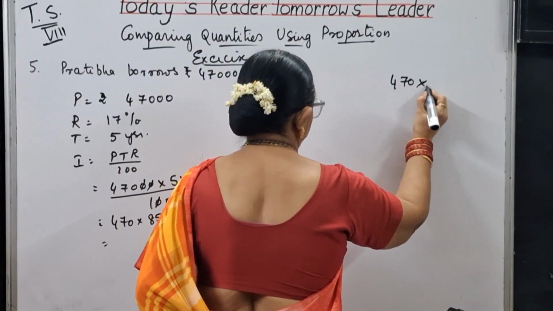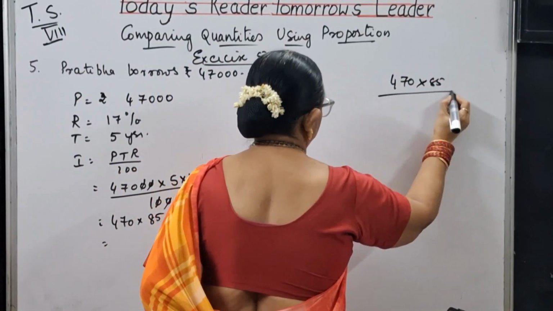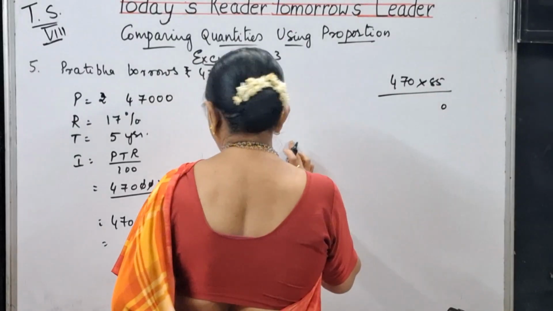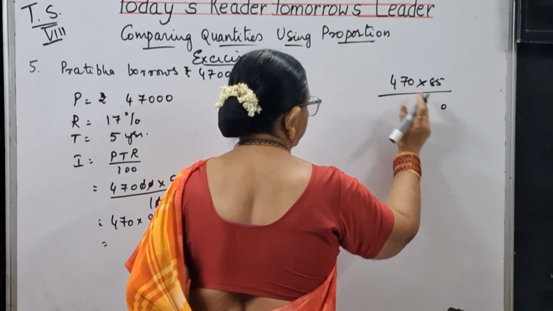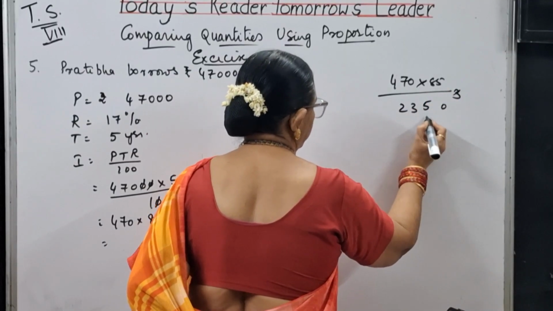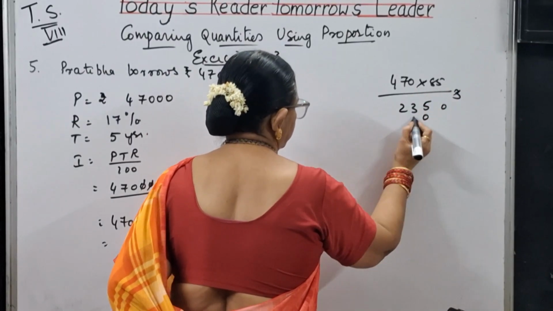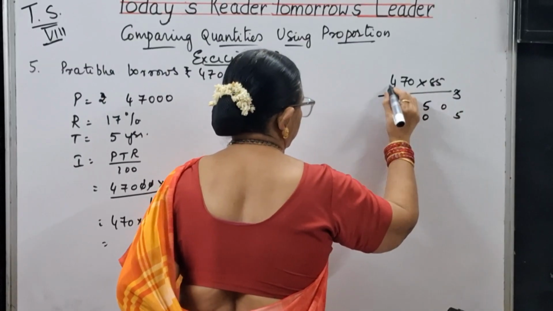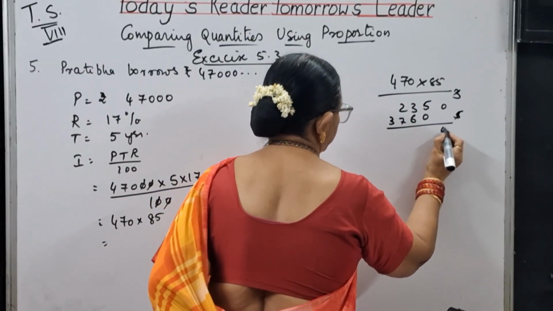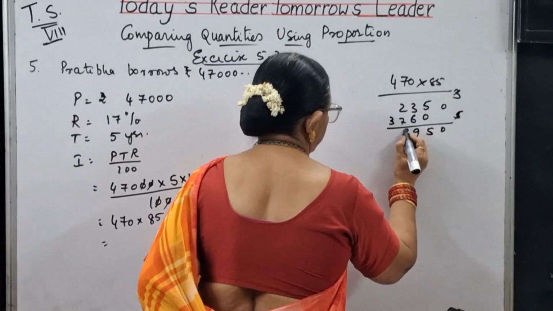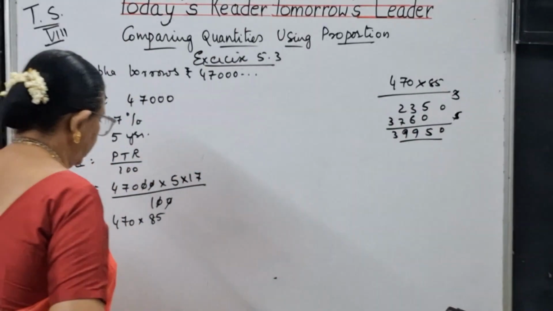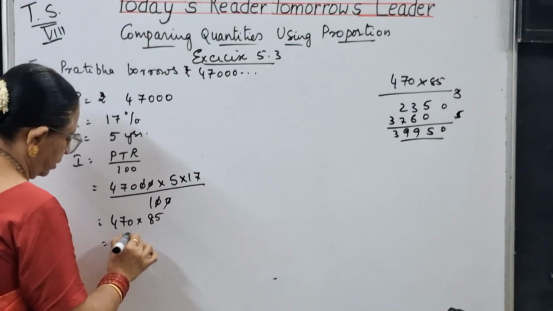470 into 85. So here 0, 5, 4, 7, 0, 5 zeros are 0, 5 sevens are 35, 23, 0, 8 sevens are 56, 32, 37. So how much are you getting? 0, 5, 9, 9, 3. So you are getting 3, 9,